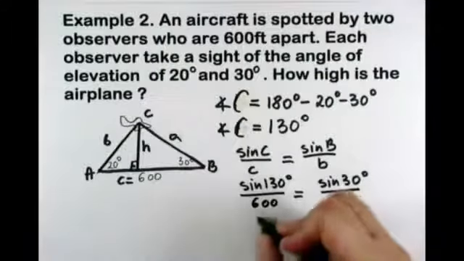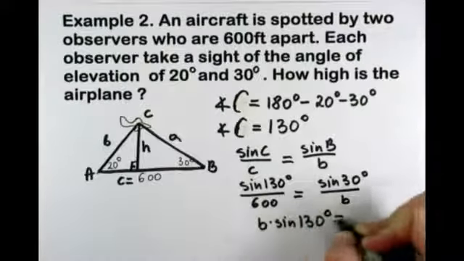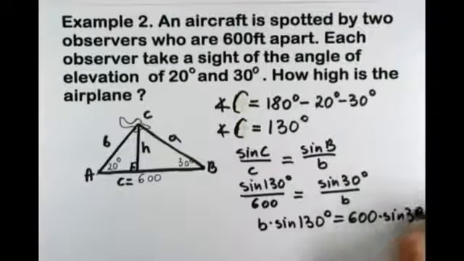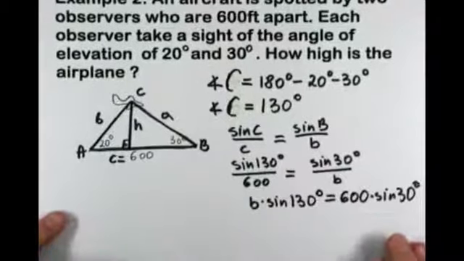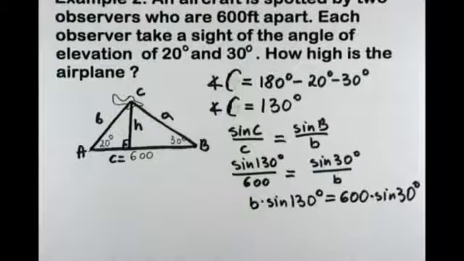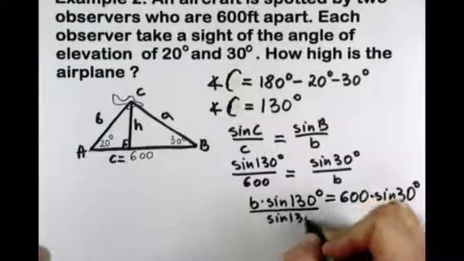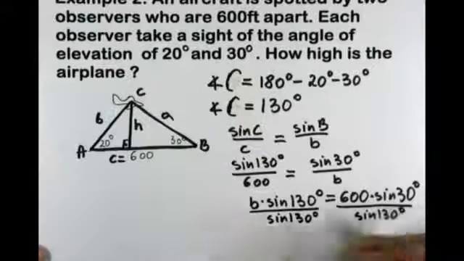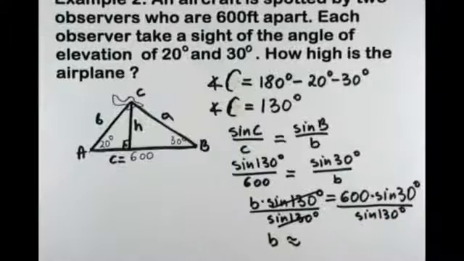So B times sine 130 degrees is equal to 600 times sine 30. So divide by sine 130 degrees. This cancels out. So B is approximately equal to,